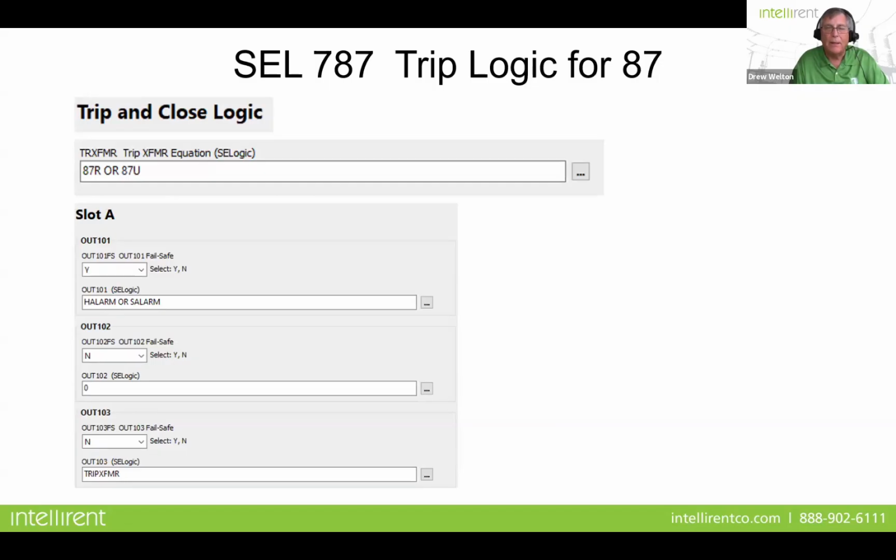energization. The other thing that we have to be aware of when we're working with the Schweitzer relays is to make sure that you apply the logic to the output contact correctly. Instead of the Beckwith, where you just click a button that says trip output 1, in the Schweitzer, you have to designate your protective elements in terms of your trip equation, and then you have to apply the trip equation to one of the output contacts. Now, you can enable a trip equation, but if you don't apply it to the right output contacts, it's never going to trip. So these are the things that are just important to understand the differences between these two